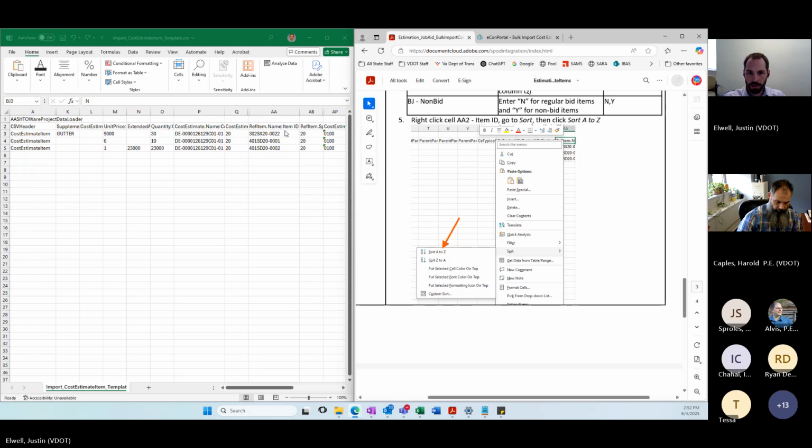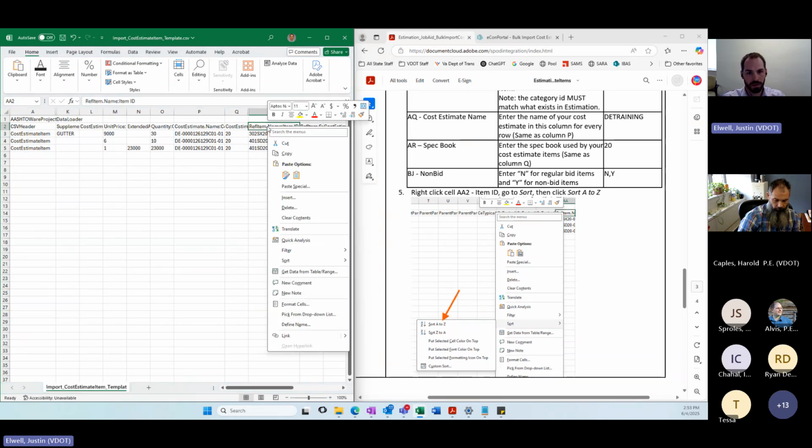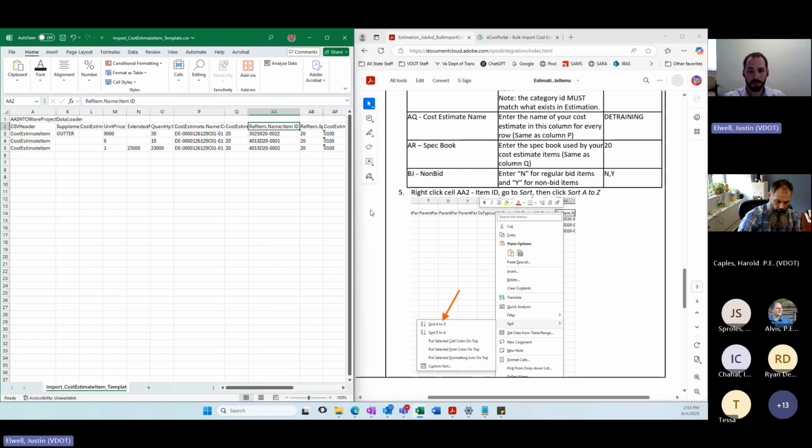Now, this next step is so that the items sort in order based on spec book. So right click on cell AA2, which is the item ID. And basically, we just want to sort it based on those. So if you go here, right click on cell AA2, sort A to Z. They're already sorted, so we're doing just fine.